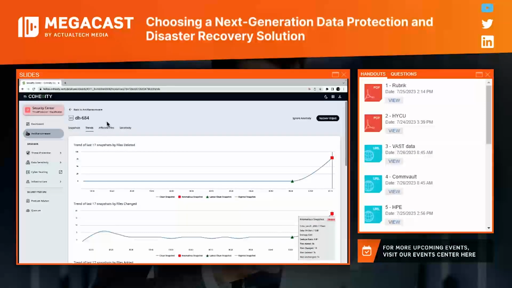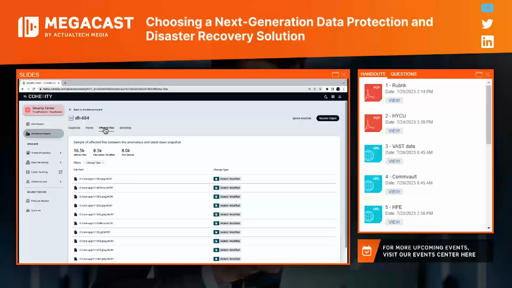So at this point, we're just doing initial data gathering about the event. Now, to learn more, what I can do is I can click on the Affected Files tab and drill down to the files that were added or modified. If there's a particular point of interest, for example, if I want to download this file into a forensic environment, I can do that. I can just click on the ellipsis and select Download File. And then from that environment, the security operations team can do further investigation of the issue.